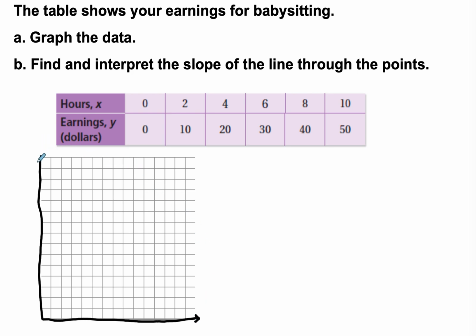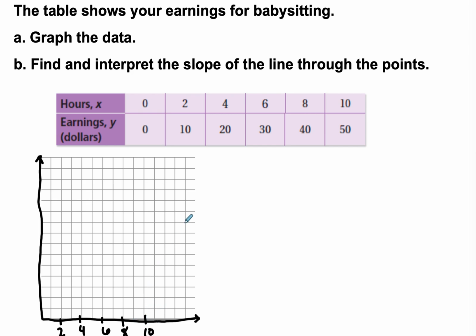And when you are doing your graphs on your homework, I do prefer for you to have graph paper. If you don't have any, you can print some out. Okay, so I have my hours 0 through 10. I need to use consistent spacing here. I think I'm going to go up by 1s. Every line is a 1, but I'm only going to label every 2. 2, 4, 6, 8,